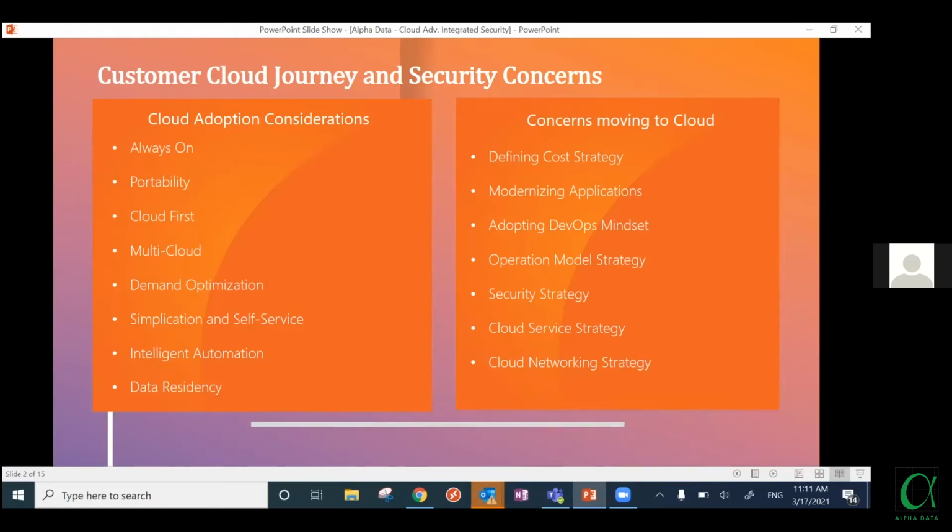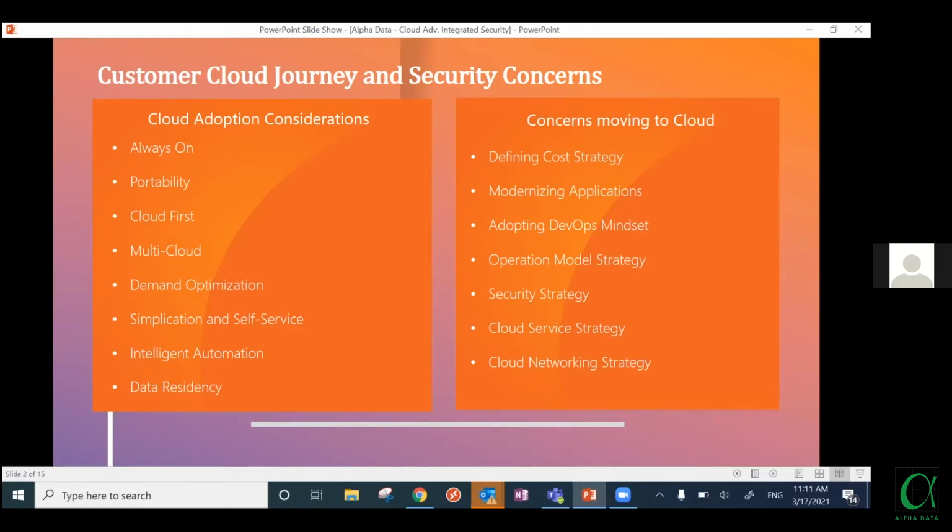There are so many tools right now in the market which can help you optimize your cost spending in the cloud. Not only that, they also have certain native tools in Azure for cost management as well, which you can very well use. But customers are basically stuck on how they should adopt the cost.